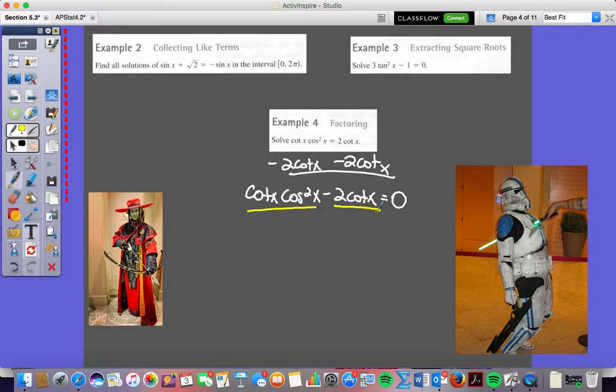It's a good thought. I would say if I see this in this instance here, because we're solving, not verifying identities, let's pull out what's in common, which would be what, Emma? Yeah, because a cotangent's in common. You see that there? Let's pull out a cotangent of x to the outside, okay? When I do this, what's left over on this first one? Cosine squared, y'all rocking, minus